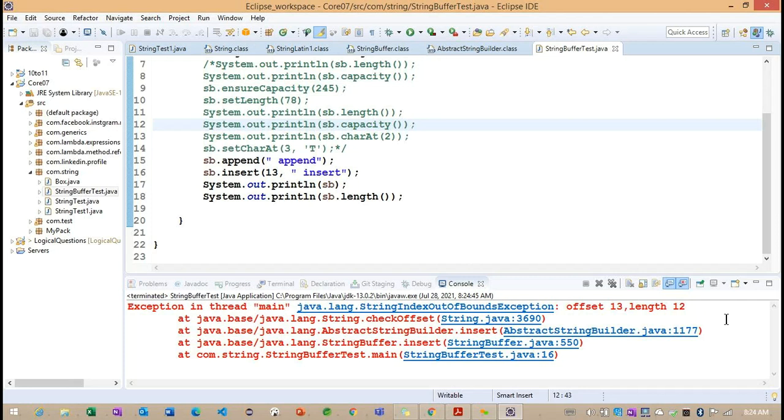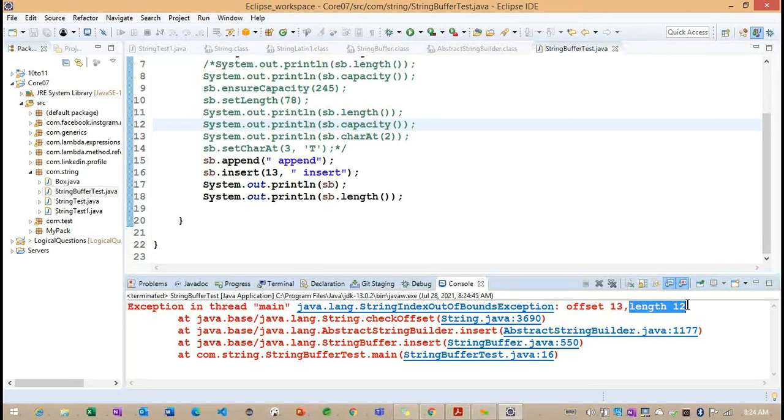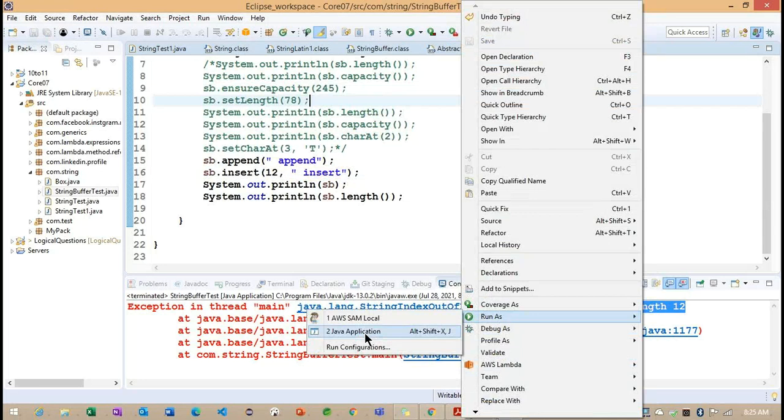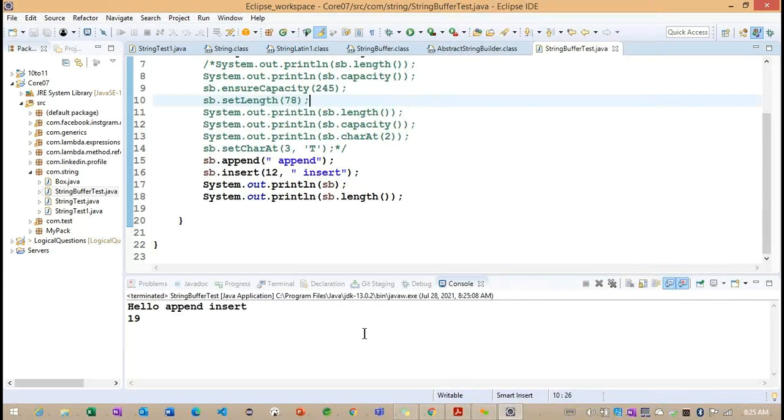Okay. So we cannot insert because the length we are having is 12. So we can insert at this particular offset only within the length. Okay, let me change the offset, insert at 12 here. If I run one more time,